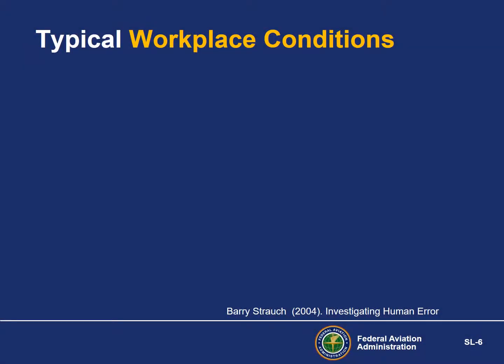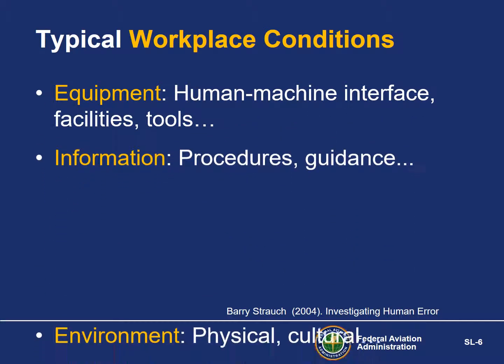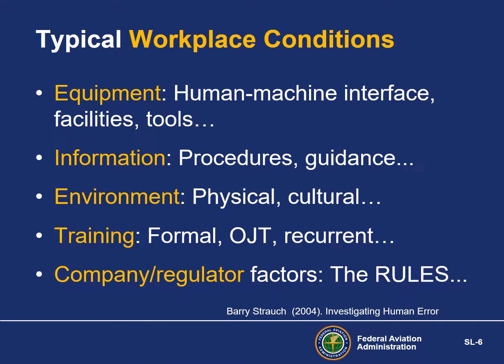Well, first let's take a look at workplace conditions, and then at the human activities. Here are several typical workplace conditions. These conditions exist for all processes. Unsatisfactory conditions can become hazards that exist before an accident. Understanding these factors and their effects on safety performance will help us to control them, which is the ultimate goal